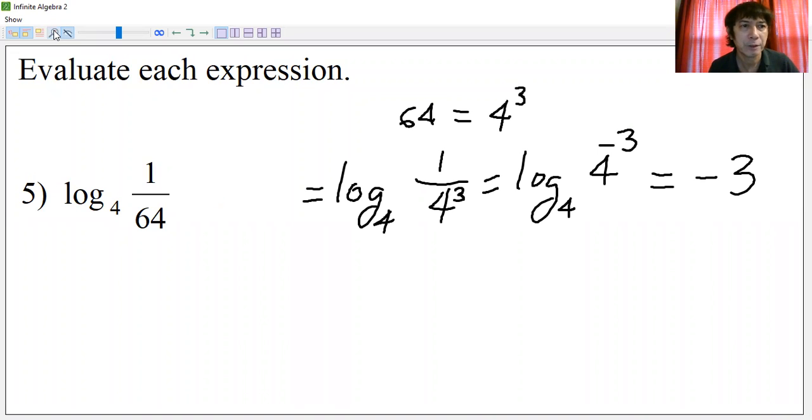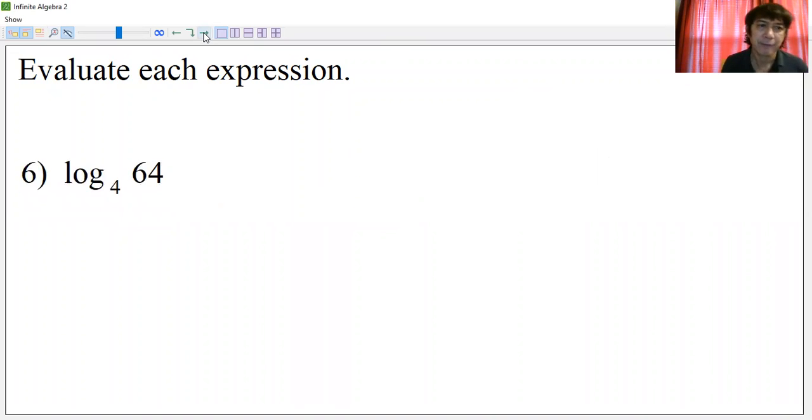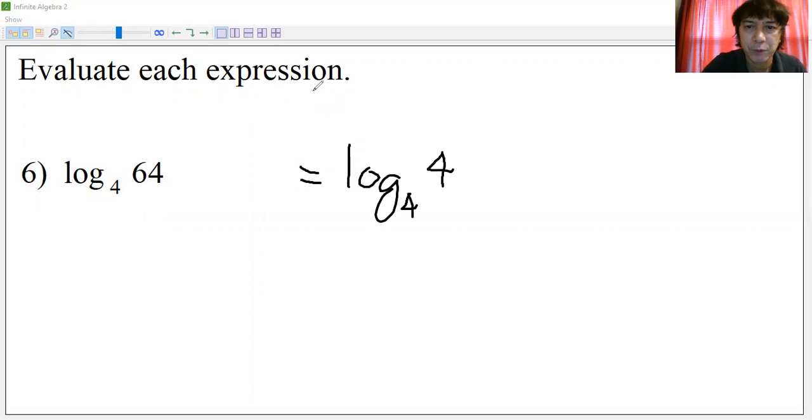All right, let's continue with number 6. Here's number 6. This is logarithm of 64 base 4. We can easily do this. We are familiar with 64 already and the base 4. So you can actually continue with logarithm of 64, which can be written 4 to the power 3, like that. And this base and this number is the same, therefore the answer is just 3 there.